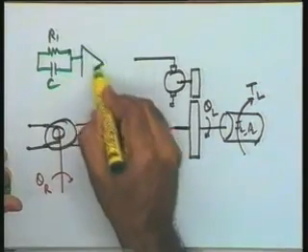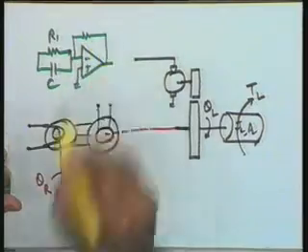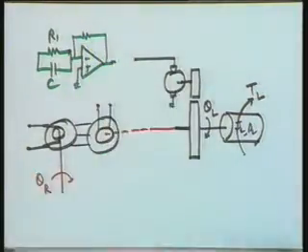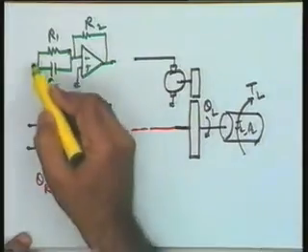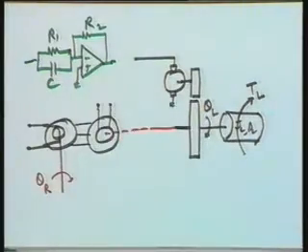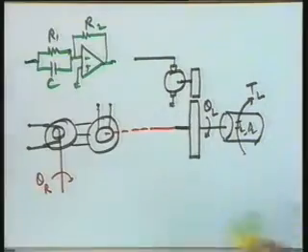I am making minus plus. Okay, this is a PD circuit, R2 over here. You can verify very easily that it gives you a signal which is proportional to the error and proportional to the derivative of the error, where E, the error, is the input over here. It is a PD circuit.